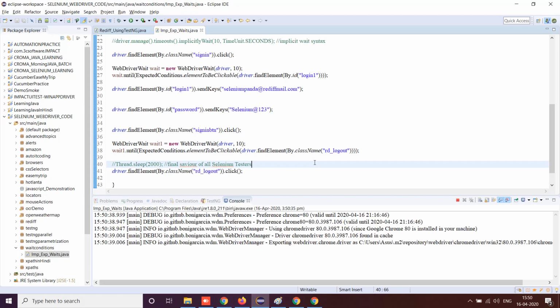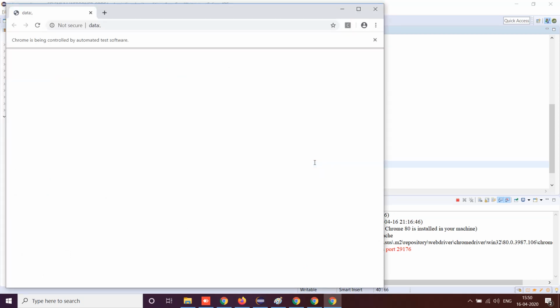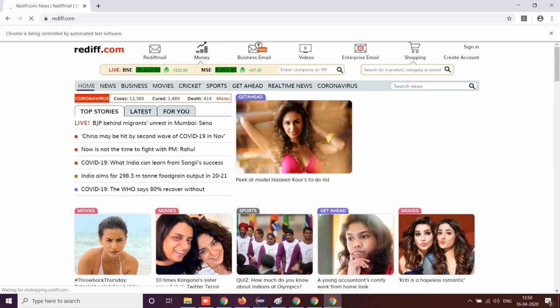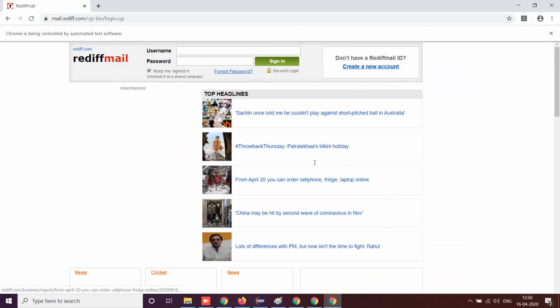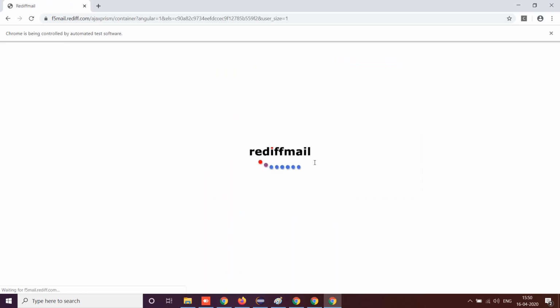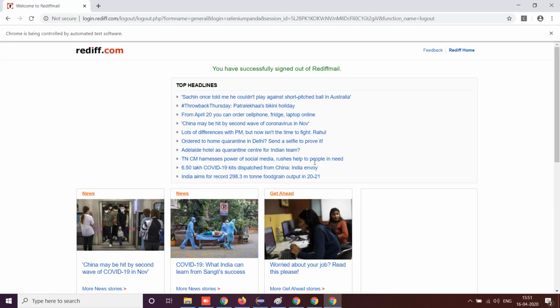Now we'll see, when we used thread.sleep, Selenium was waiting for 2 seconds each. But now using WebDriverWait, will it do the same thing? Because I have eliminated all the thread.sleeps. See, it's not waiting, it's going as fast as it can, and it is also logging out without any problem.